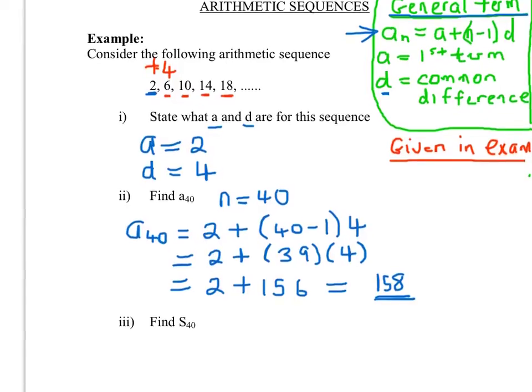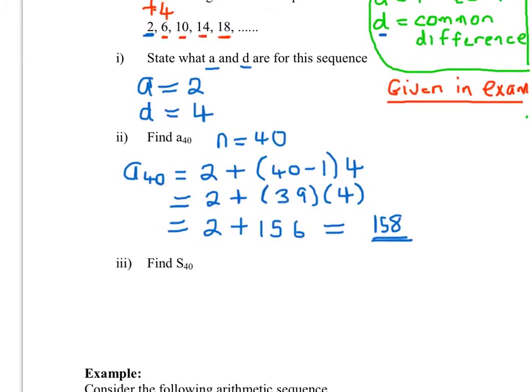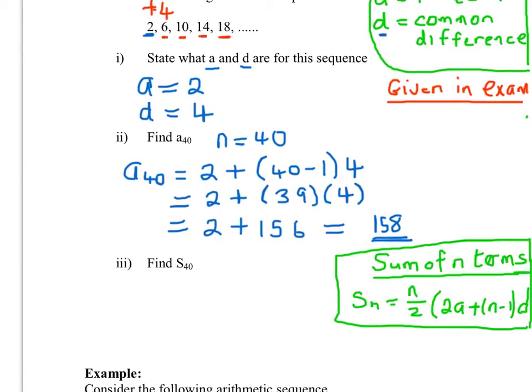Now let's move down the page and do the next part. Now just like before, we're given the formula in the exam. So this here is also given in the exam. The sum of n terms of an arithmetic sequence, S_n, is equal to, and this is the formula for it. So again, n here is equal to 40, and if I put in everything I know, what I'll find is,